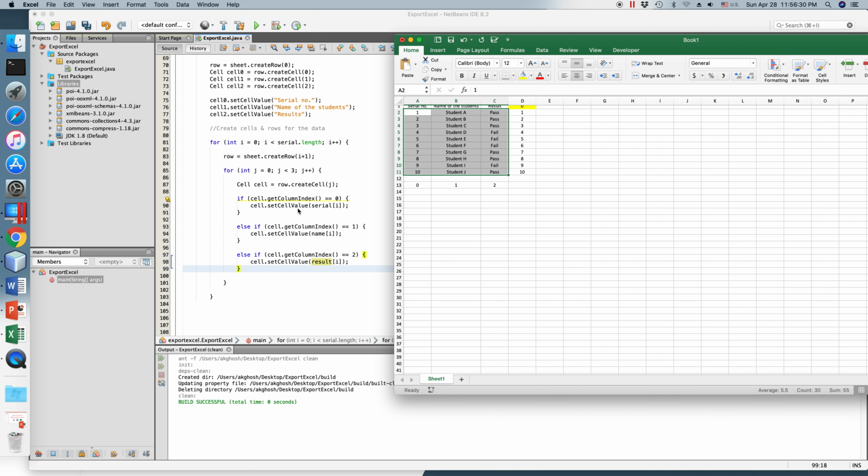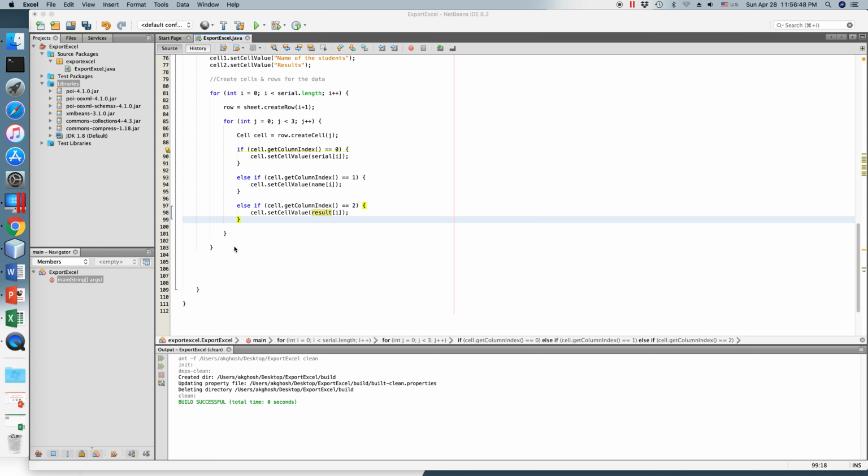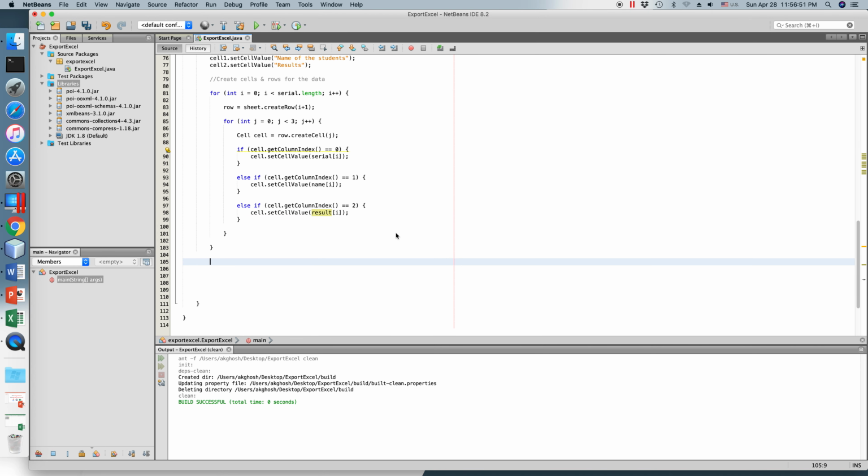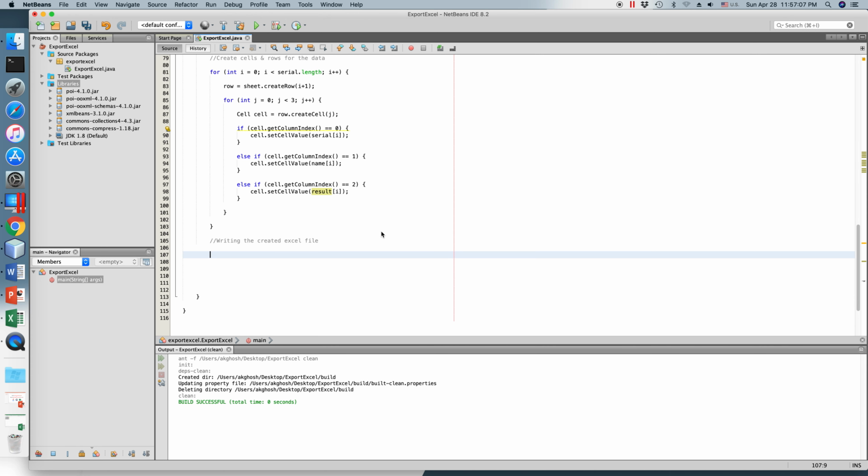Okay, so now we have created the Excel file actually, but we need to print it or return it to our system, to our computer, so that we can open it and we can see what's actually going on. And so now the next step is writing the created Excel file. So in order to do that, what we can write, so first I will try